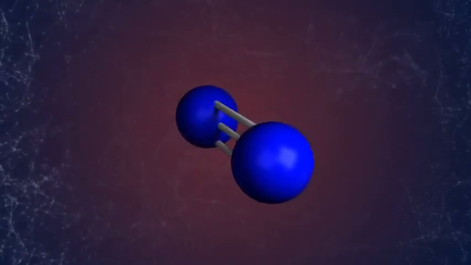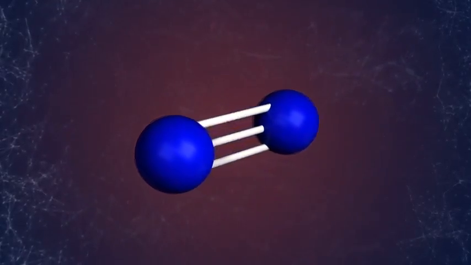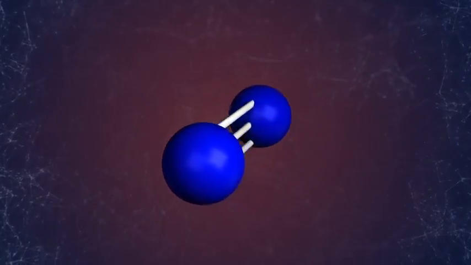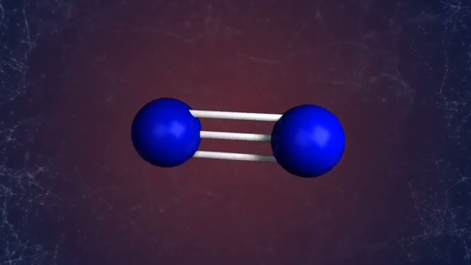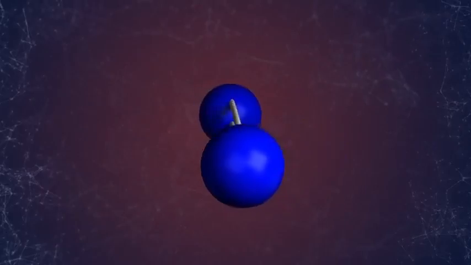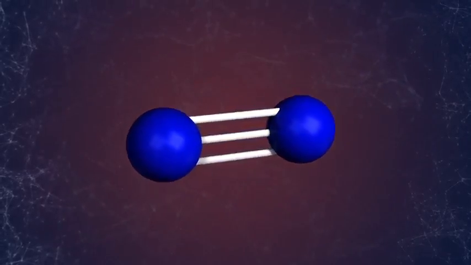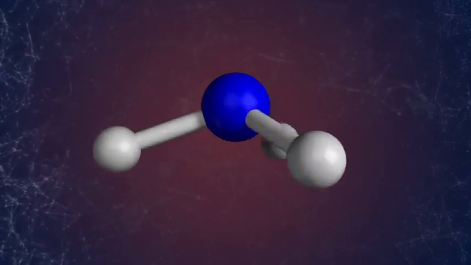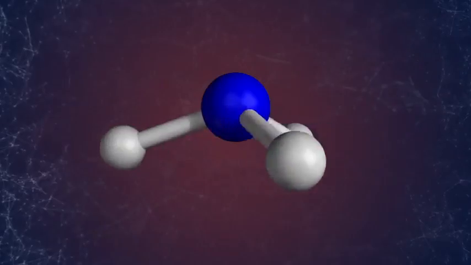Nitrogen is extremely abundant and totally essential to life as we know it. But it can be tough to come by in a form that an organism can use. We already know that diatomic nitrogen is joined by a triple bond. That's very difficult to break apart because the triple bond itself is very, very strong. Now, breaking this bond to get the nitrogen atoms inserted into an organic compound is exceedingly difficult. But thankfully, a few very special bacteria have the ability to break molecular nitrogen down, combining it with hydrogen to